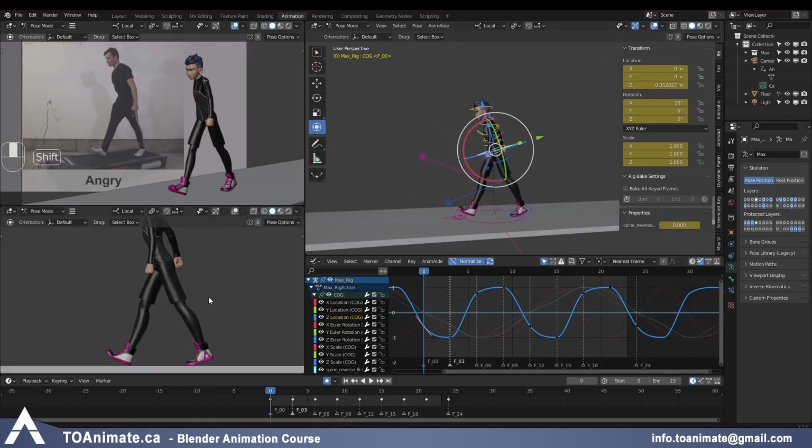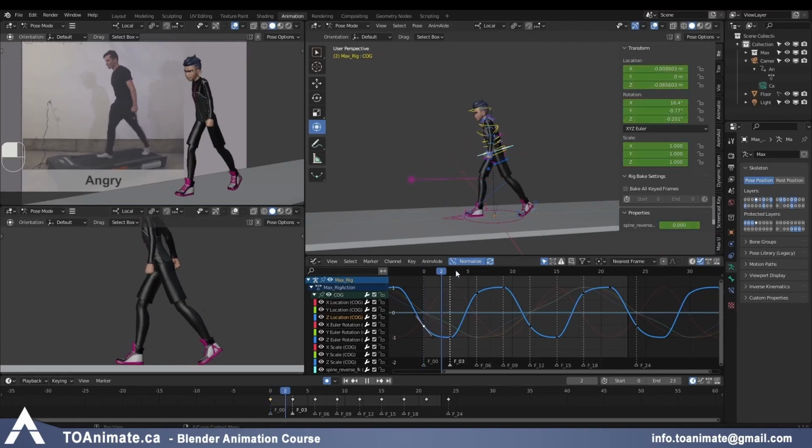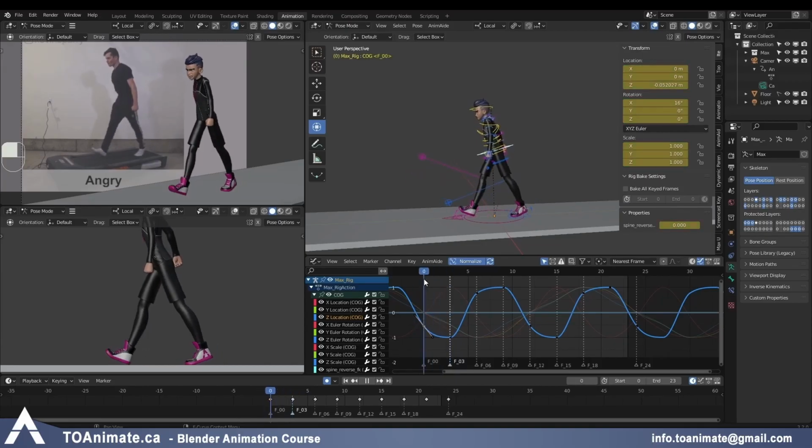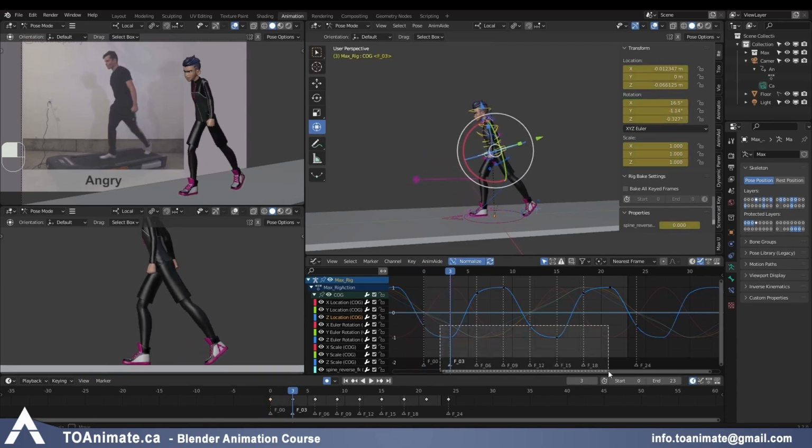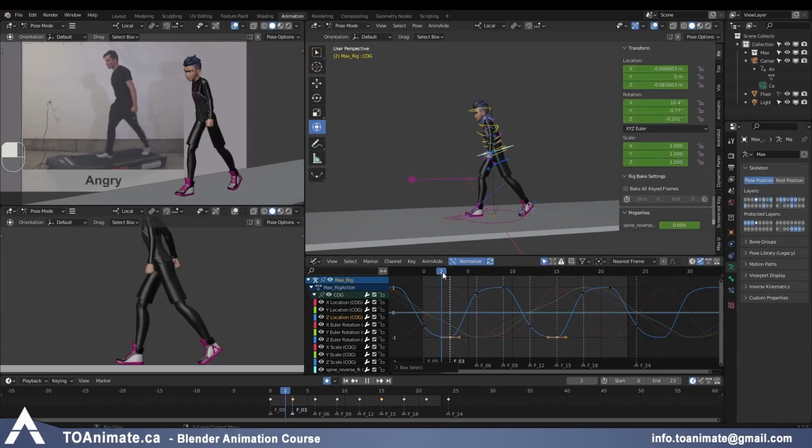Now we have the up and down looking good, but I'm wondering if we can push either that or the down pose, because right now there isn't much difference between the two, but in a reference there is. So let me try both. Let me bring the down pose lower a little bit, and it's helping with my back foot too, because you can see that it's starting to get stretched through here on my side view. It's starting to look a little odd. So I'm just gonna bring that down,